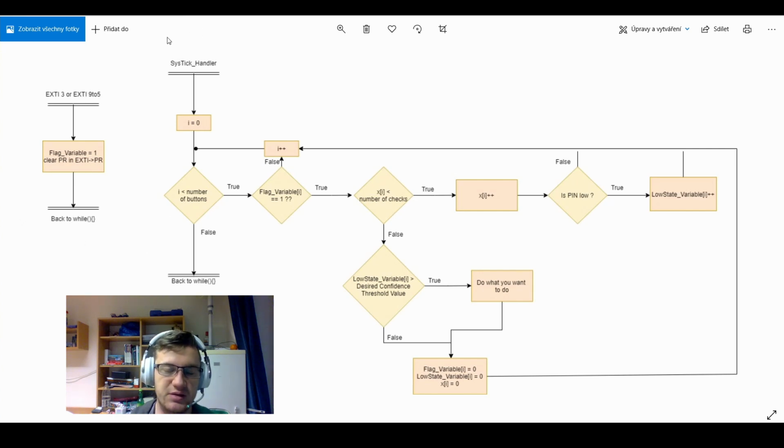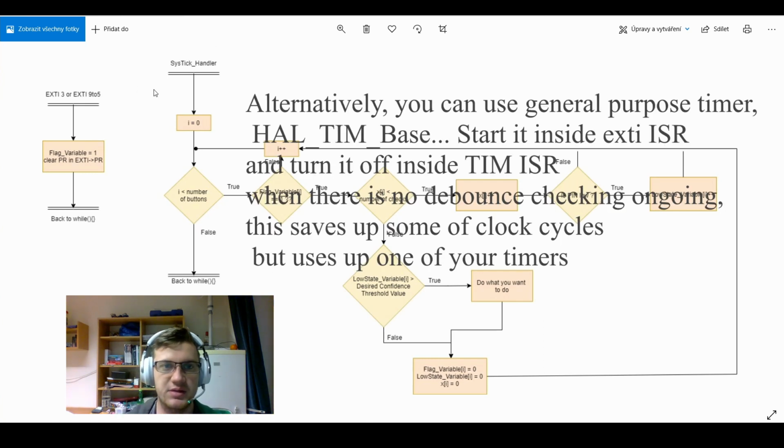Then on the right we have the SysTick handler interrupt routine. Why do I use the SysTick handler? You can use even a general timer if you want to, and you can just set some ticks, and at the end of each period you will have a callback interrupt, and you can do this also. But I'm using the SysTick handler because